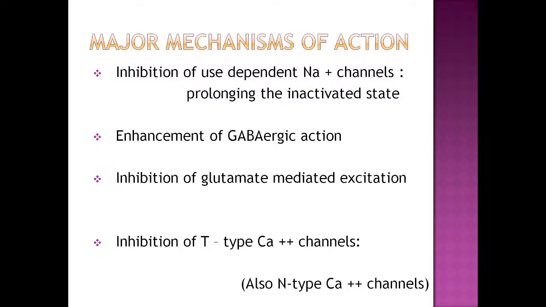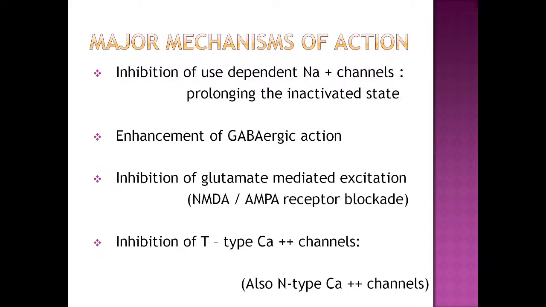So how can GABA action be enhanced? You already know some of the drugs. Tell me the drugs which enhance GABA action. Benzodiazepines and barbiturates, you already know these drugs. But other than these classical drugs, you have now got a whole list of drugs which act on other aspects of GABA. Some will increase synthesis of GABA, some will increase release of GABA, some will inhibit breakdown or degradation of GABA. So in every possible manner, increasing the GABA activity. So that is the second main mechanism of action.